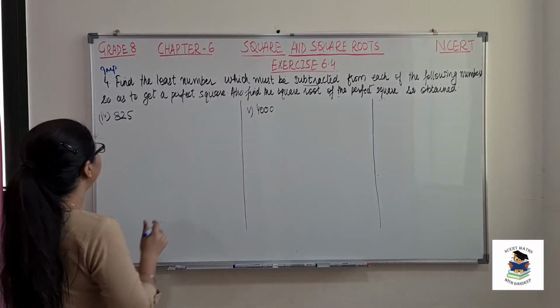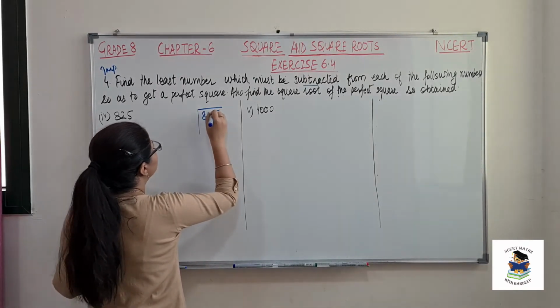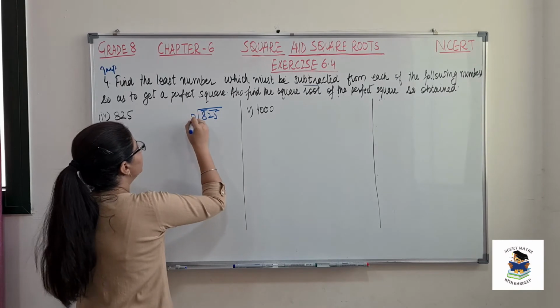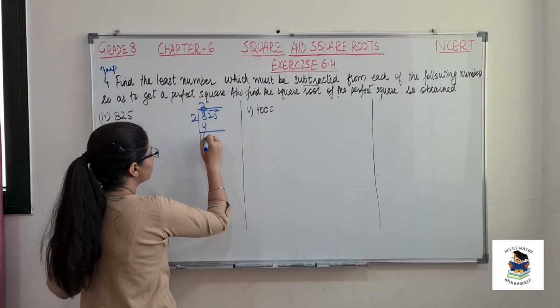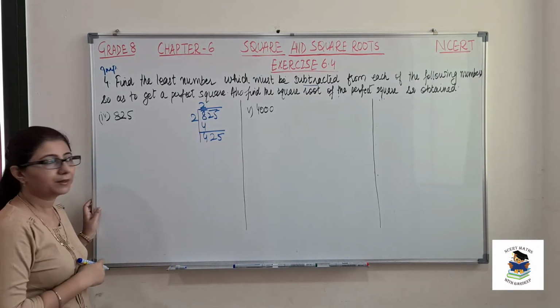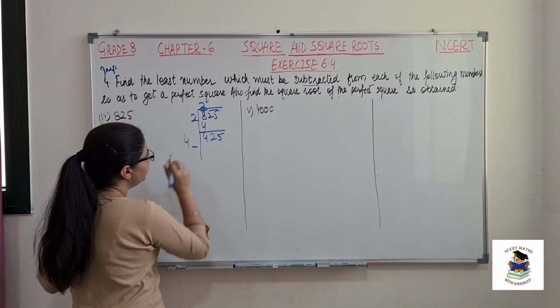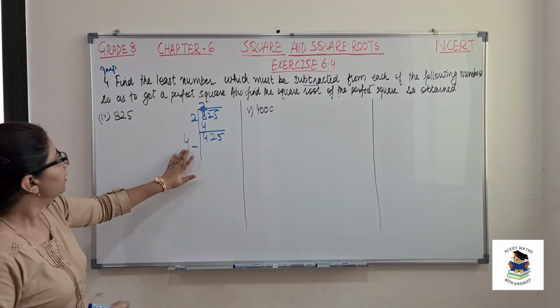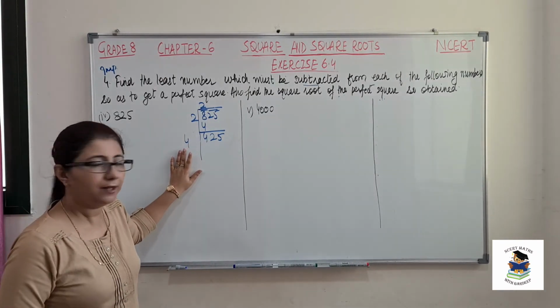This is 825. So first step should be find the square root. So these will be the pairs. 2 2s are 4 because 3 3s are 9 will exceed this number. So 4 is remainder here and 25 will come down. Now 2 plus 2 is 4. We need this missing digit. Since we have 42 here, so the least possible number is, let's try with 9.